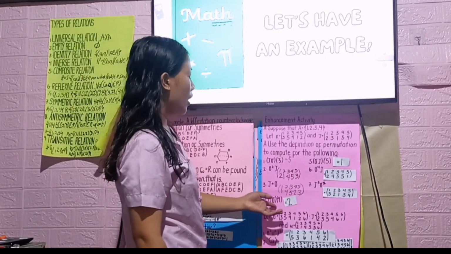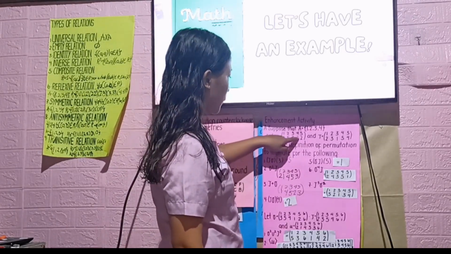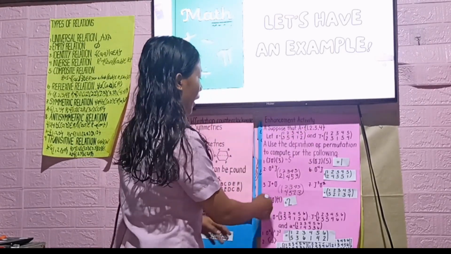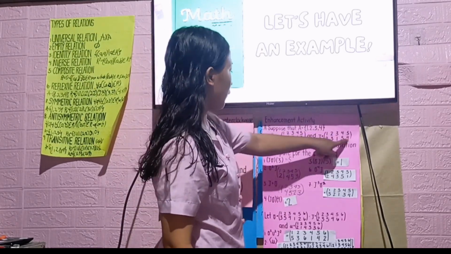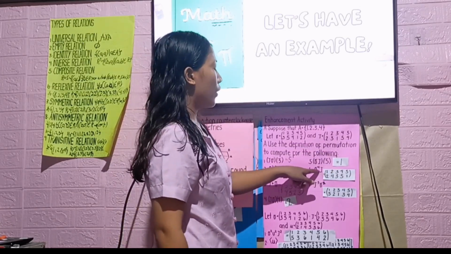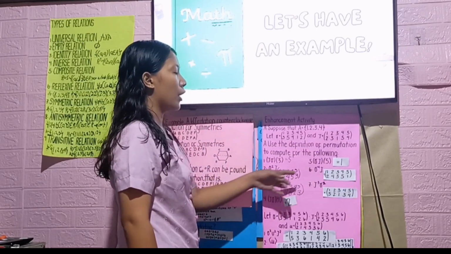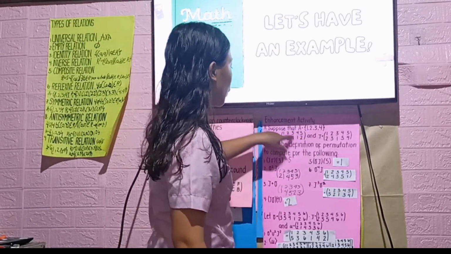So, in our number 4, tau of sigma. Sigma of 4 maps to 1, 1 maps to 2. Then, correct. Number 5, tau, 5 maps to 4, 4 maps to 1. Correct. Then, in our sigma to the 4th power, then, of tau, 1 maps to 2, 2 maps to